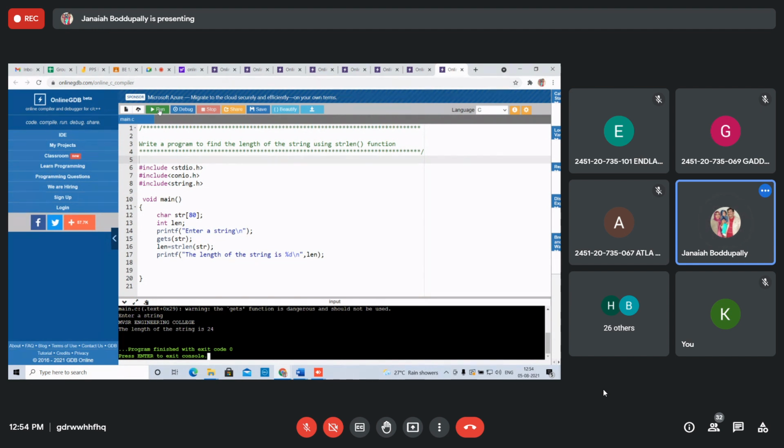Understood, students? Just using library functions. Without library functions, we take a while loop and an index, right? We counted i plus plus every time and displayed the i. You saw that program in the previous class. On Tuesday I explained how to count the number of characters in a string without using library functions. But it's very easy if you use the library function strlen of that string. That's it. Any doubt in this, students? No, sir. Finding the length of a string, very simple programs.